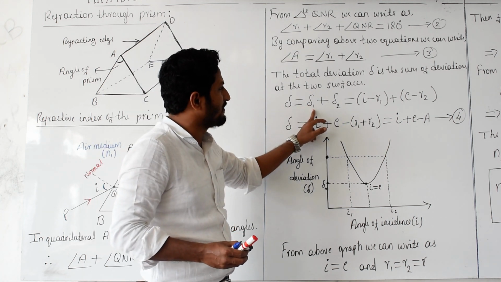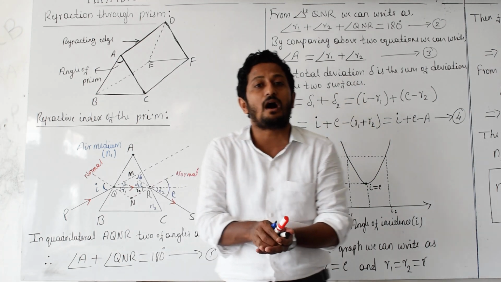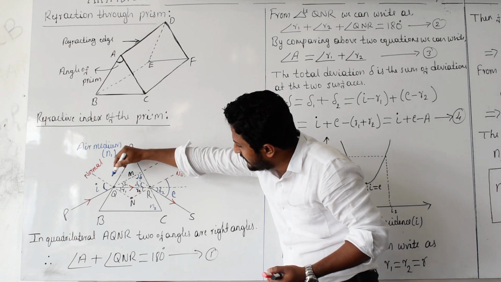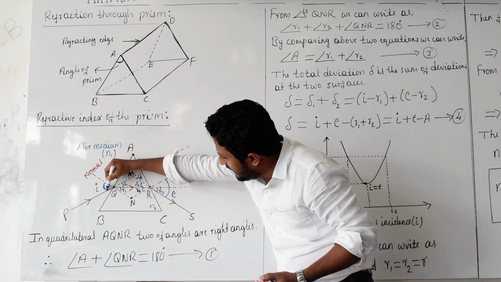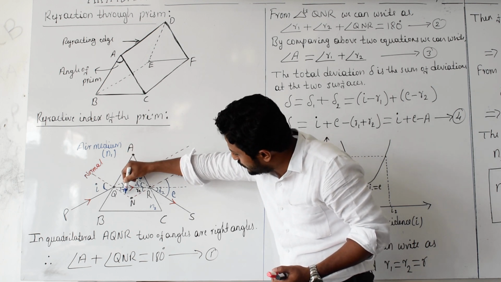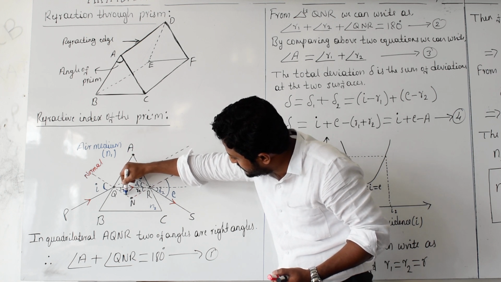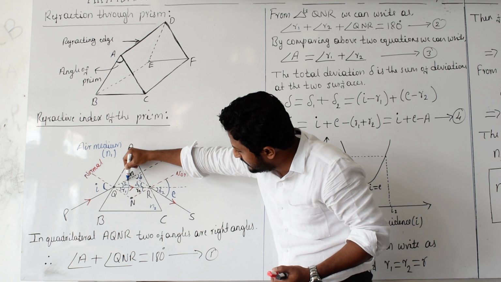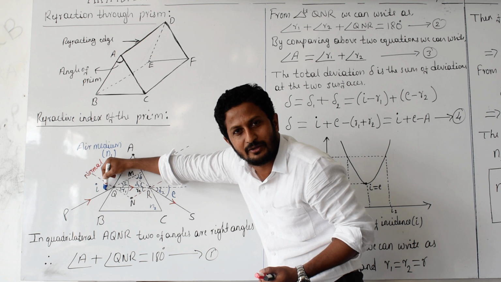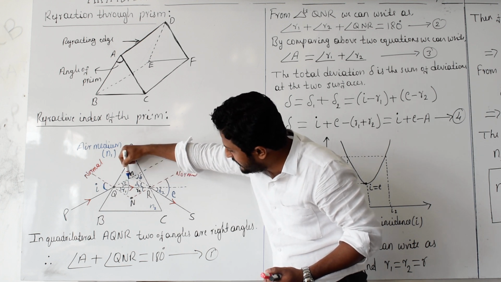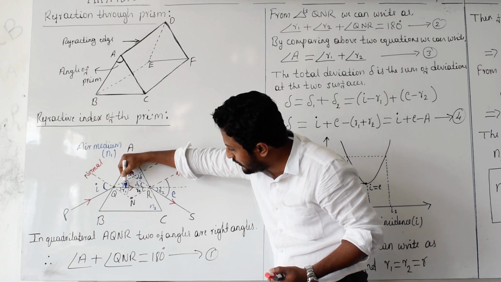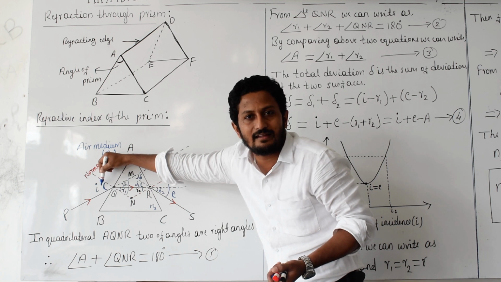Here in place of delta 1 I have written I minus R1. How? That is very important. Look on the diagram. This I is the sum of delta 1 and R1. This total angle is vertically opposite to this one. Are you getting what I mean to say? This total angle means delta 1 plus R1, and delta 1 plus R1 is nothing but equal to I.